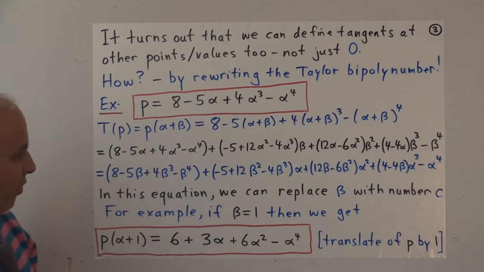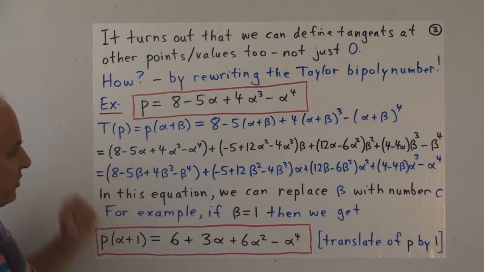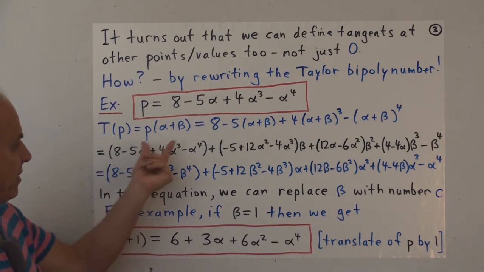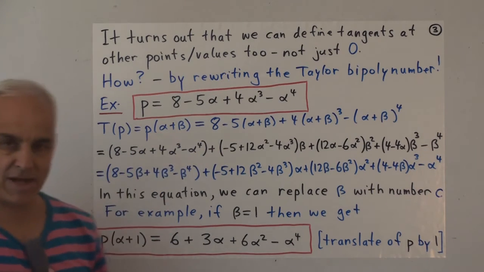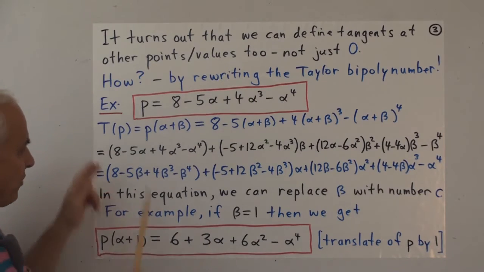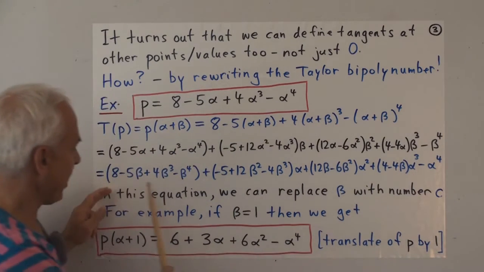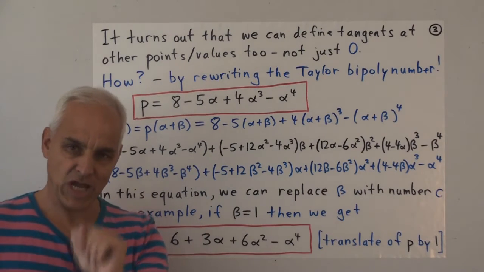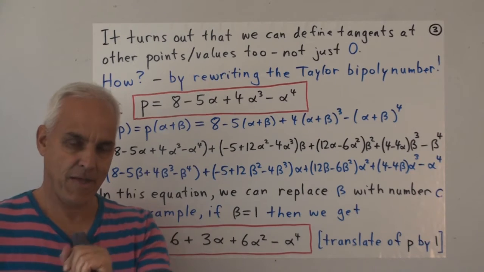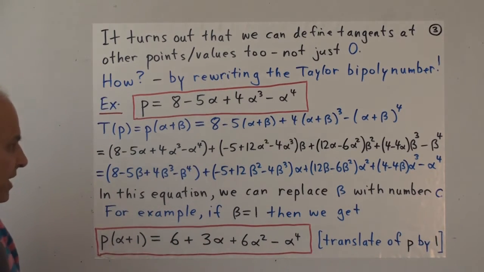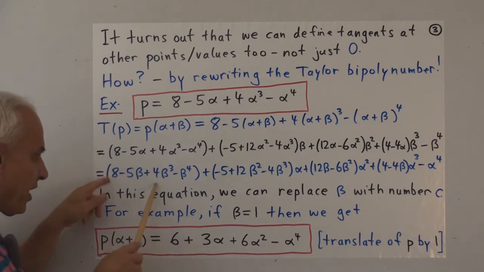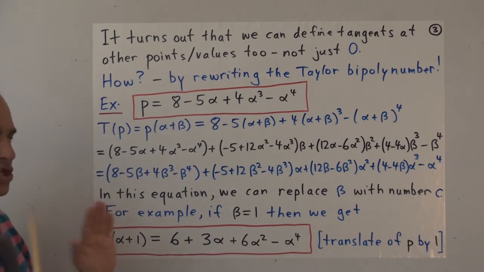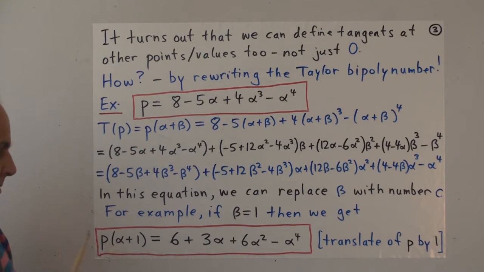Now what we haven't done before, and what we're going to do now, is introduce a little bit of a twist. The Taylor bi-Pauli number is symmetrical in alpha and beta. So we can write it not just this way, but we can write it in exactly the same form with the alphas and betas interchanged. That should be just as reasonable a thing to do, because the thing is symmetric in alpha and beta. So from here to here, nothing but just interchanging alphas and betas. But the interpretation is quite different.